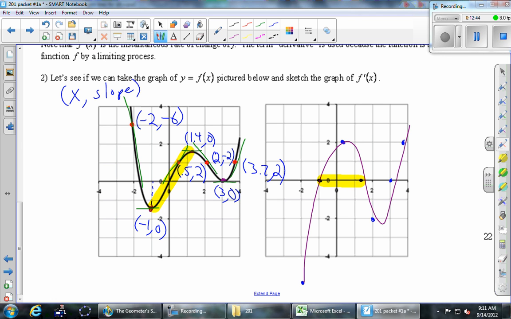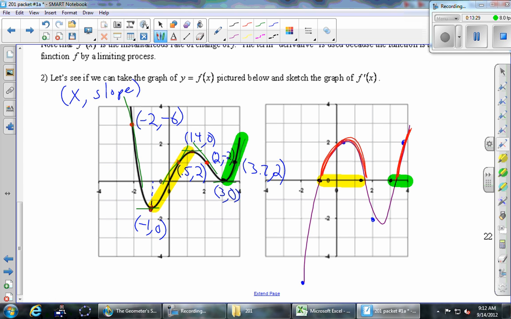And if I look at the piece of the derivative that is above that yellow, then what's true about every one of those points? They're all positive. You see that? They're all above the x-axis. It's kind of surprising until you think about it. There's no reason they all had to be positive. Maybe it was just a fluke. Let's take a look at the other part that's increasing. We'll say from here and up to the top, that's increasing, right? So that goes from 3 and then to the right. So 3 and then to the right is this part. And what do we see about that part of the derivative function? Positive. Maybe it's not a fluke.